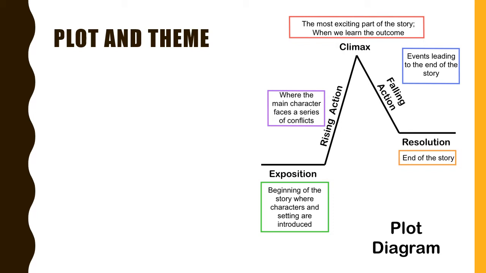Plots, also known as storylines, include the most significant events of the story and how the characters and their problems change over time. So the plot is a collection of events that promotes the theme. One of the first questions to ask upon hearing someone has written a story is, what's it about? Or what's the point? Short answers may range from love to betrayal, or from the coming of age to the haziness of a memory. The main idea, topic, or point of a story is its theme. It is what the author wants you to take away from the story.